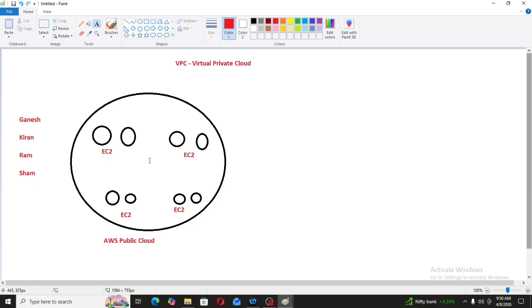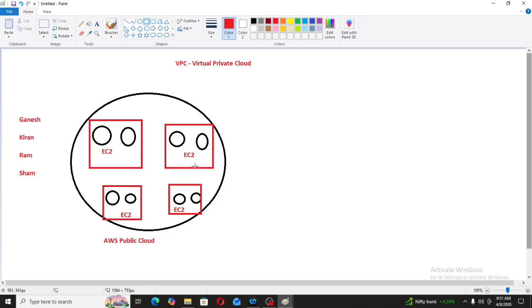In the AWS public cloud, we are going to create one private cloud. They have launched a private cloud virtually in this AWS public cloud, for each of their EC2 instances, and this concept is called a virtual private cloud.